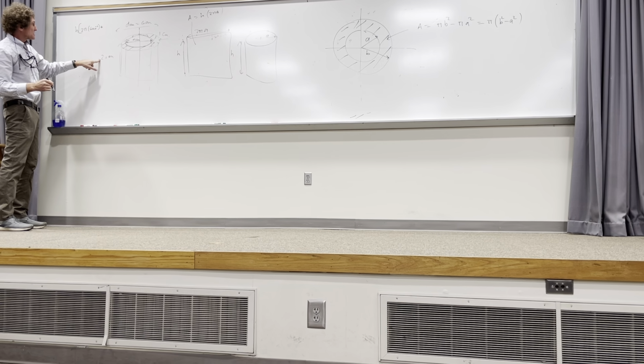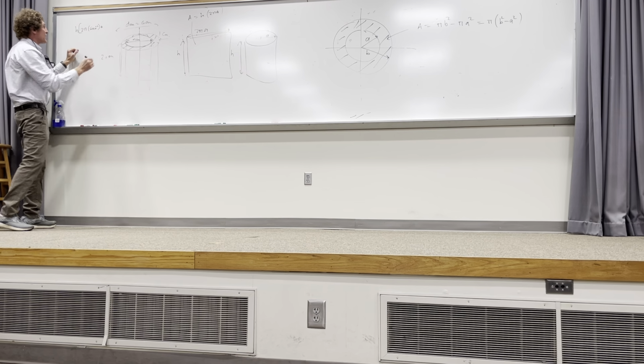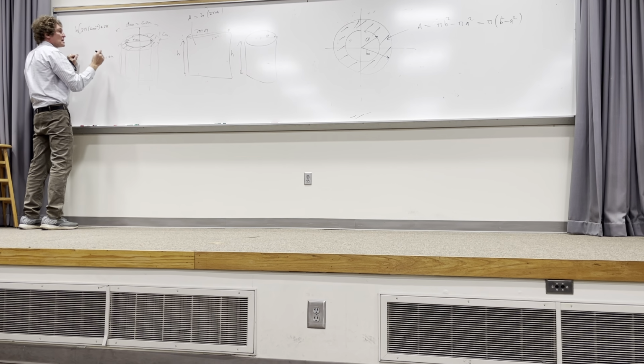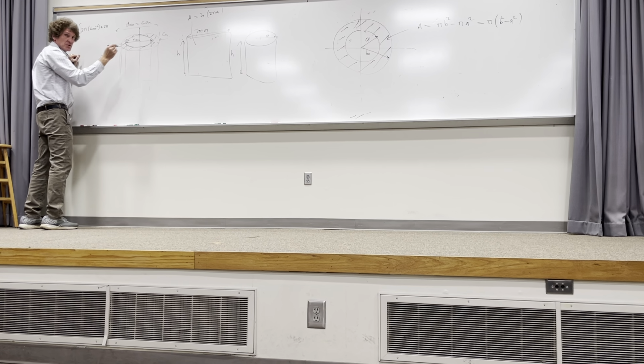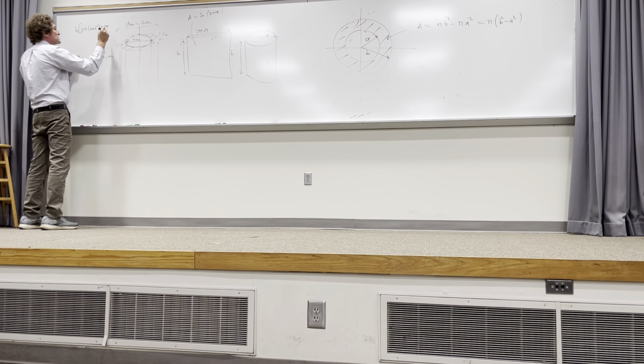So the height is the same, but then it would be 2 pi times the inner radius. Well, the inner radius would be 4 divided by 2, or 2 centimeters. Do y'all agree with that, class? So that's going to be times,